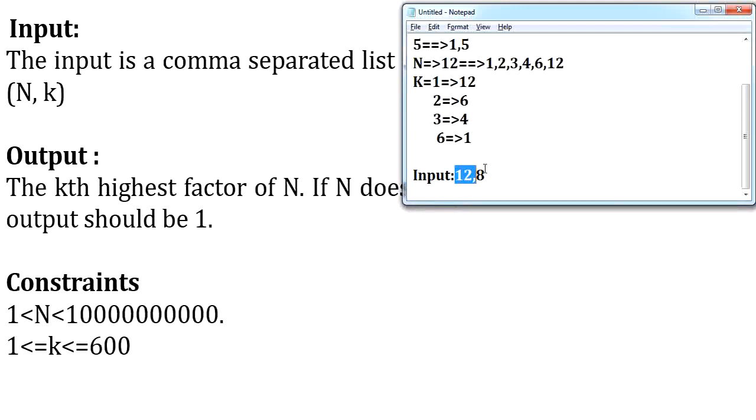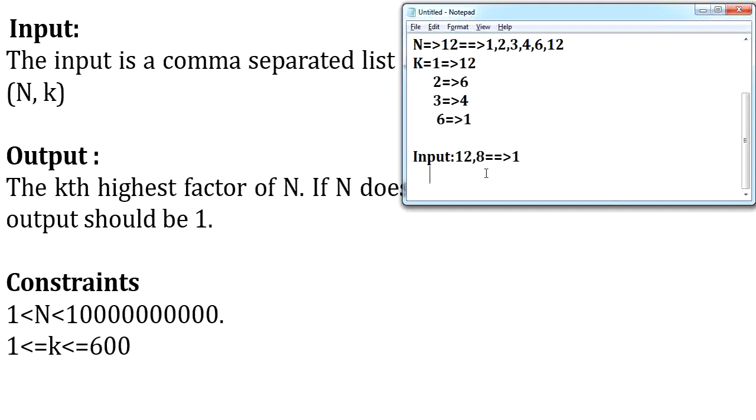When I am trying to print the 8th largest factor, there is no 8th largest factor. We are having only the 6th largest factor. So what happens here? In such cases, I want 1 as my output. Is that clear? If at all I am giving some other value, say 12, and I am giving